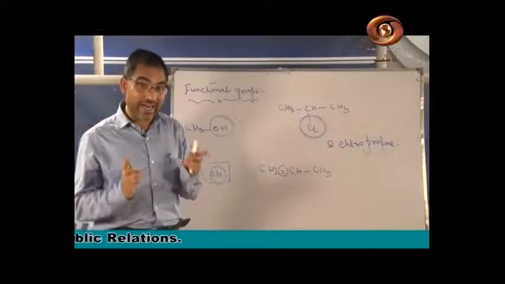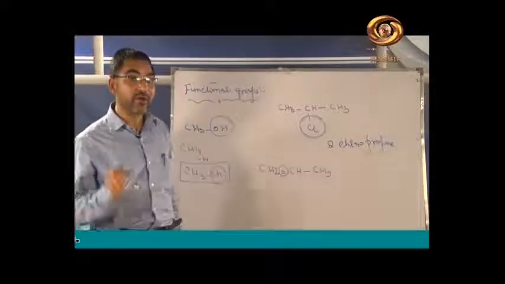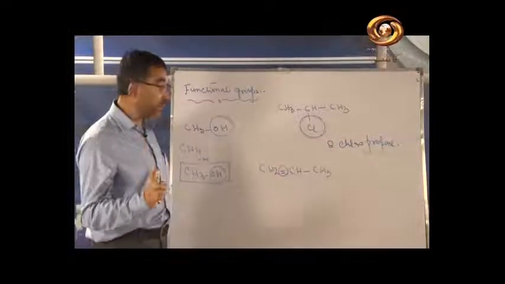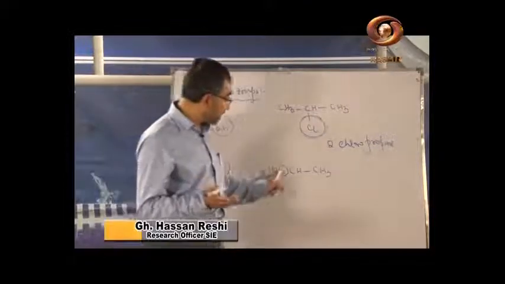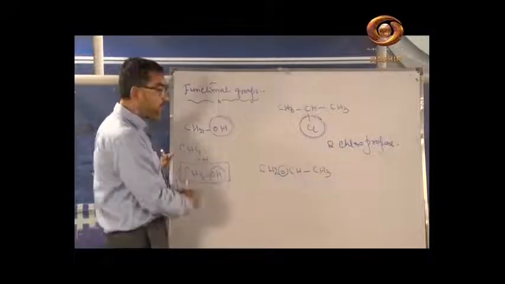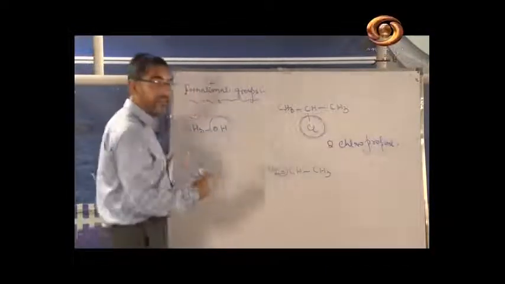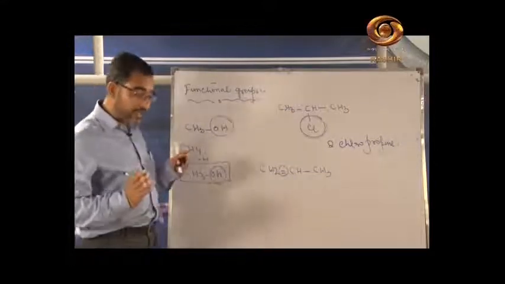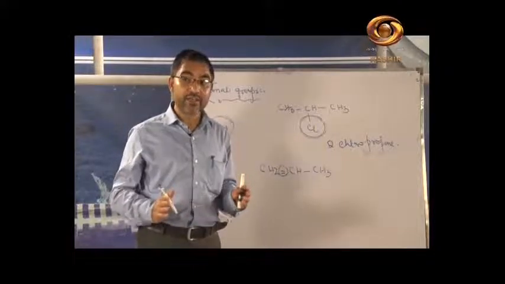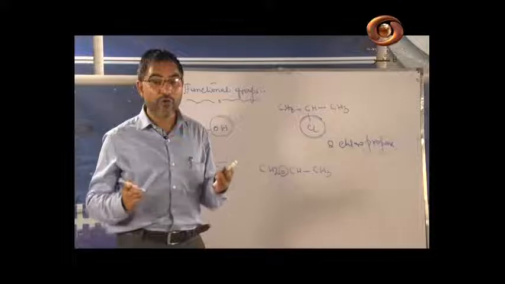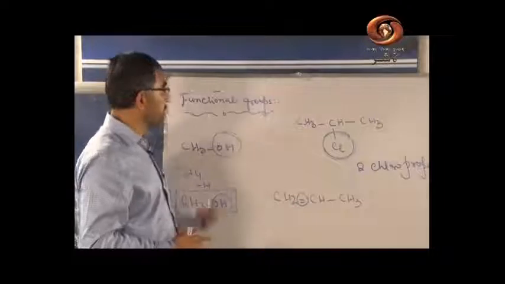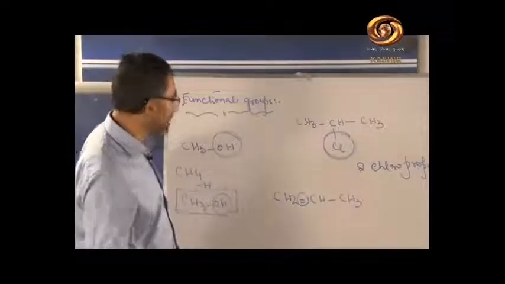The entities which determine the chemical properties of an organic compound are known as functional groups. Remember this thing, they can be bonds also. They can be bonds, they can be atoms, they can be group of atoms. Here we have 2 atoms, OH group we have. Here we have the chloride, here we have the double bond. These are called the functional groups. The chemical entities which determine the chemical properties of an organic compound are known as functional groups. We have various functional groups.